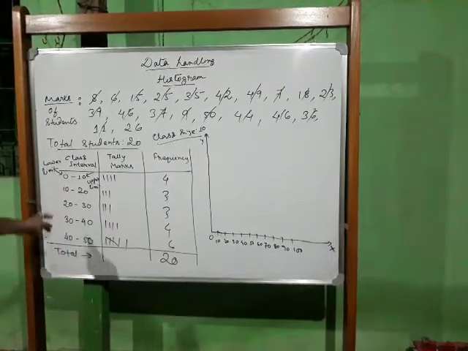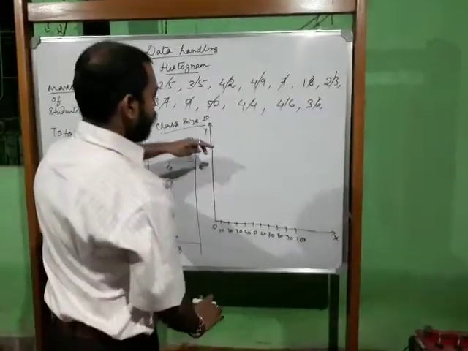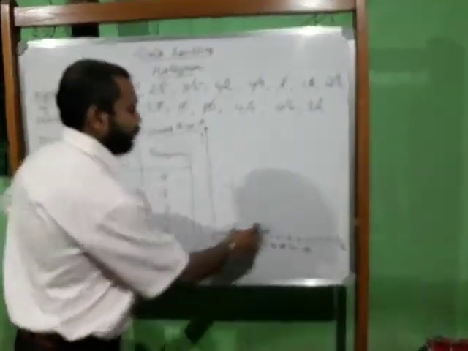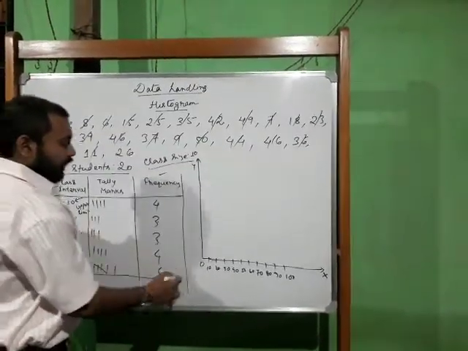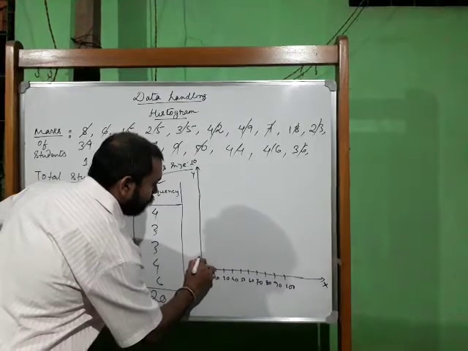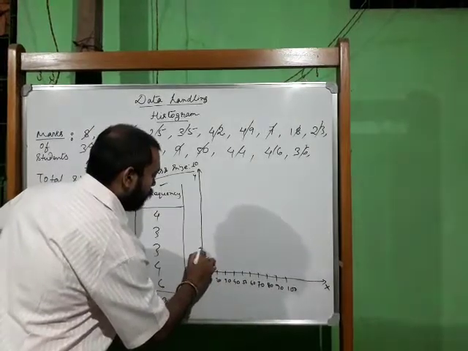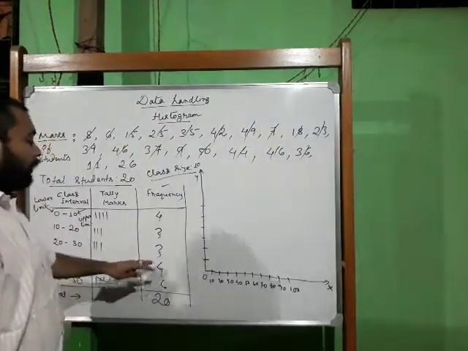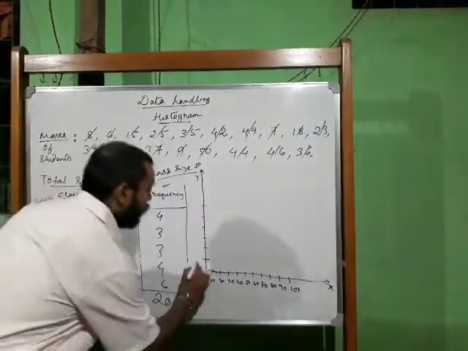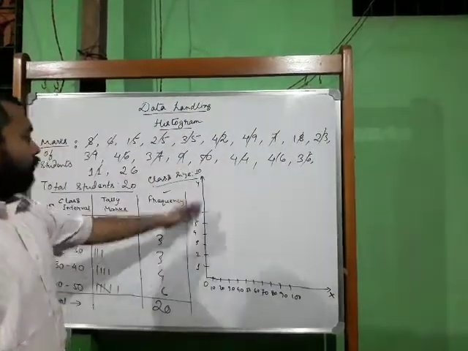Okay? Now here, you see the highest marks is 50, so let us take 10 divisions. Here also, I have made one mistake: in the y-axis we have to plot the frequency. So let us make divisions here. You see the highest value is 6, so let us make 6 divisions: 1, 2, 3, 4, 5, 6. Keep in mind that the divisions should be equal. So this is the frequency.